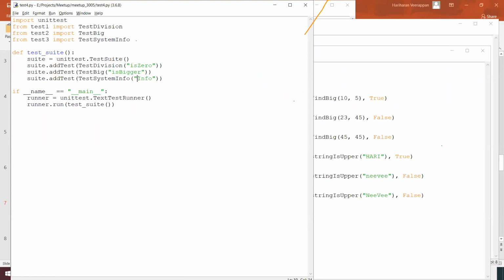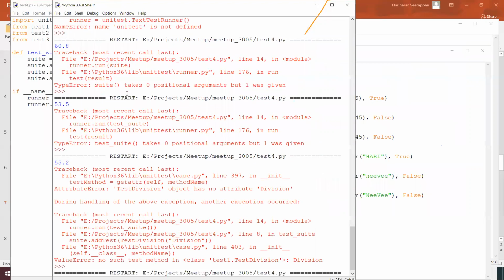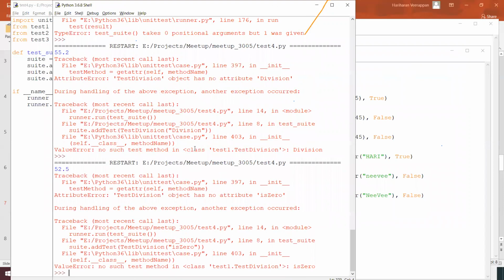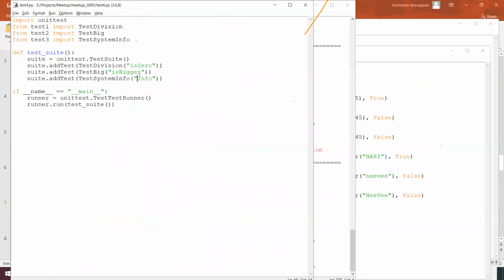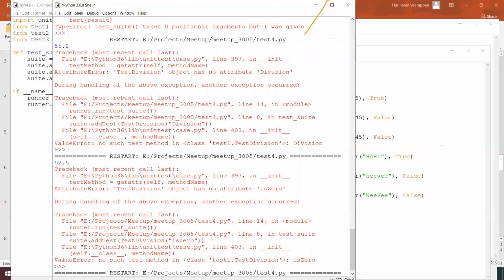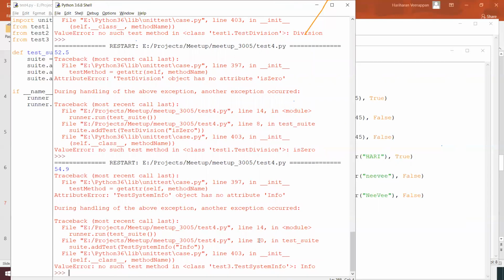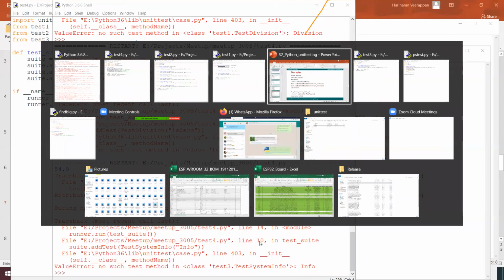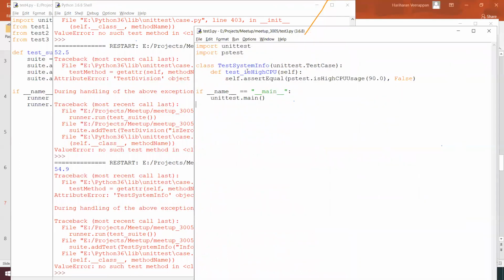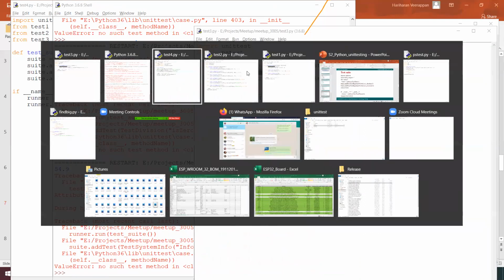In a similar way, for test3, I have test is high CPU, which I'm going to do over here.